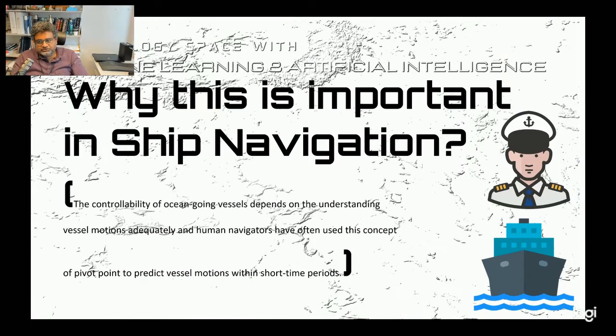So let's try to illustrate why this is an important concept in ship navigation. In this channel, we have discussed that ship controllability can be a challenge when you are dealing with underactuated vessels in ocean-going conditions. To overcome some of these challenges, human navigators often use this concept of pivot point. In a way, that concept can be used to predict vessel position and orientation within a shorter time period. That means you are looking into the possible vessel motions, so the navigator will have some idea about what will happen to this vessel within that specific time